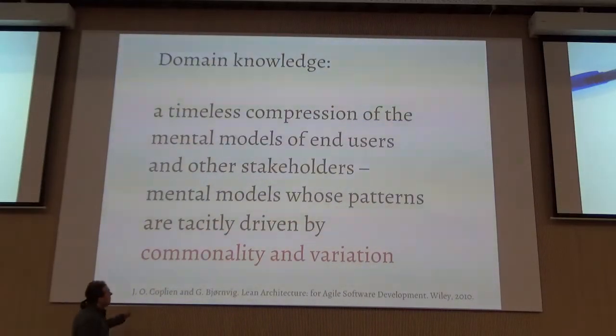So you see here they emphasize, and this is a really short definition, what is important in every word. The words are carefully chosen. So there must be something in this commonality and variation. So we talked about this also regarding lean architecture. But we did not directly model commonality and